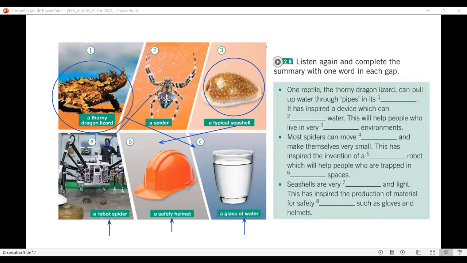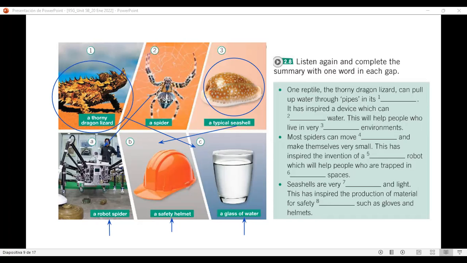I visited biologist Andrew Parker to find out more about how the natural world has inspired everyday objects. Andrew, hello. What's this little animal you've got here? It's a thorny dragon lizard from the Australian desert. As you can see, it's quite small, about 20 centimetres long, but it's an amazing animal.